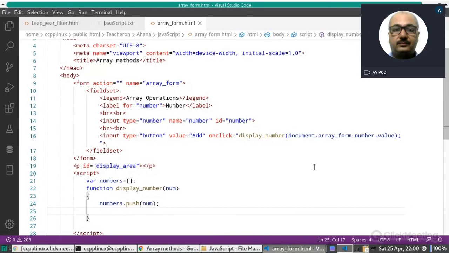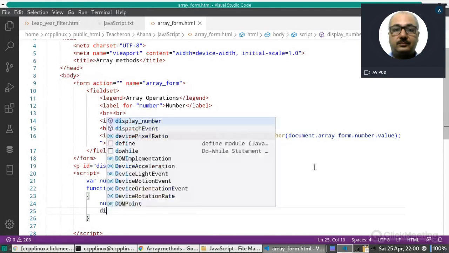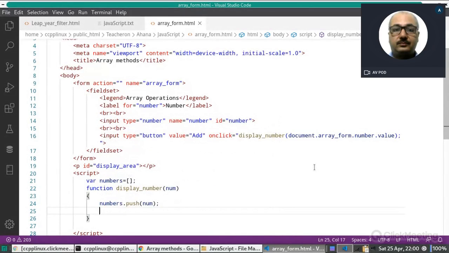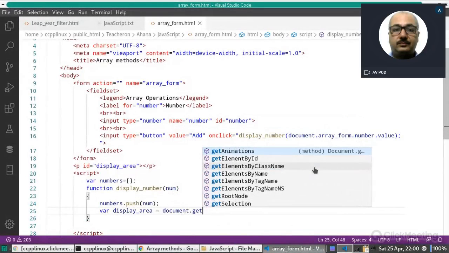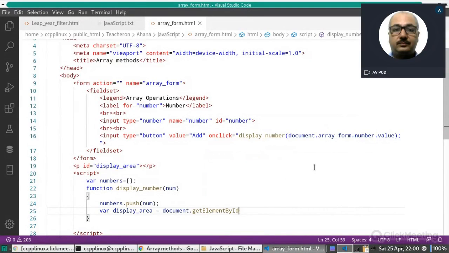And after this, now we can display all the numbers here. If you want to display them on the same line, it is very simple. First of all, we have to write displayArea equal to document.getElementById and then the ID, displayArea.